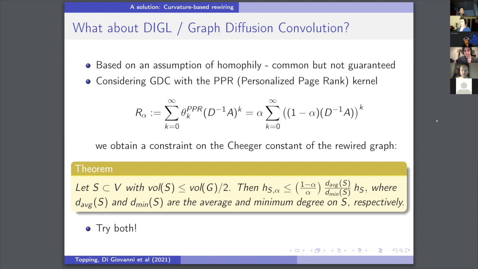If I can take this one quickly, if that's all right, Francesco. We're not saying that this is a failing of DiGL. It's very much not. DiGL is a great method. But if you have a graph that is suffering from oversquashing, that is suffering from bottlenecks, then maybe a curvature-based rewiring method will help that. Maybe you could even try both. It's a revolutionary idea that we haven't tried, running both in succession, but it could work. It's just again, different graphs, potentially different tools will help. Yeah, I'm not saying that this is some competition or whatever. I was just wondering if there's an intuition that I'm missing on why DiGL should help against bottlenecks.